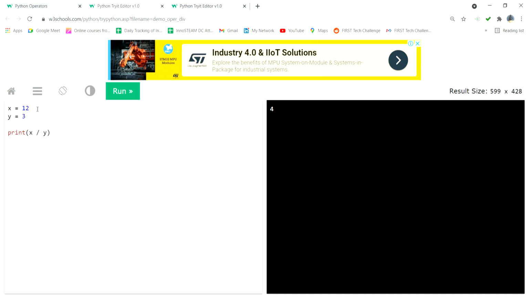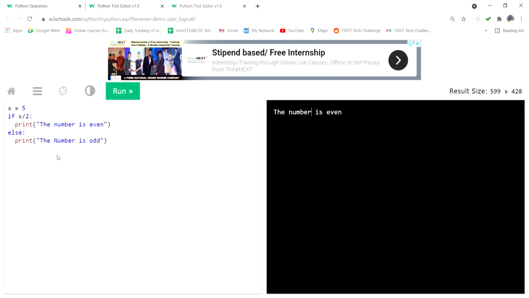I put 12 divided by 3, the value coming is the quotient. If I put division, the output is coming as the quotient only. 5 divided by 3 simply gives 2.5.